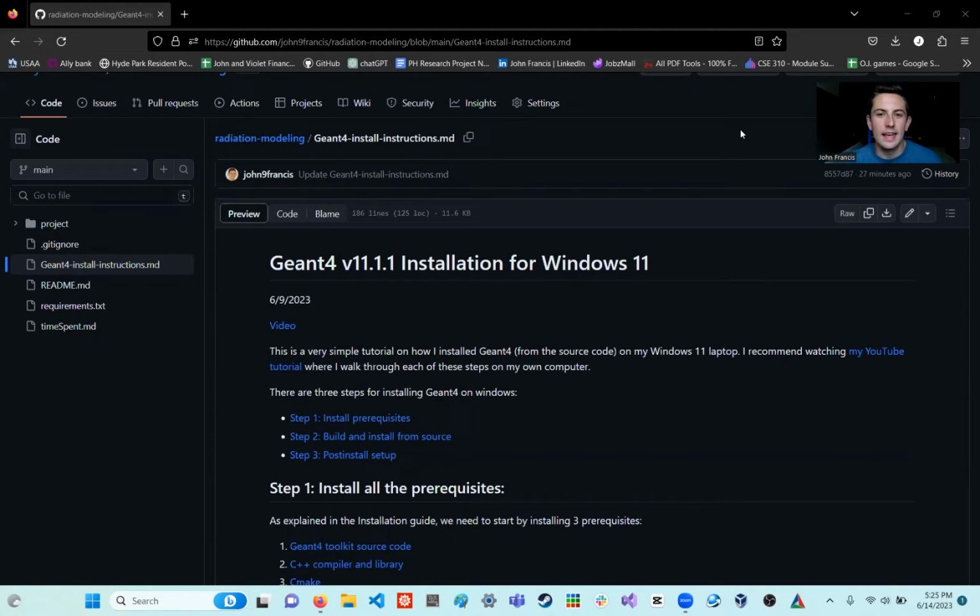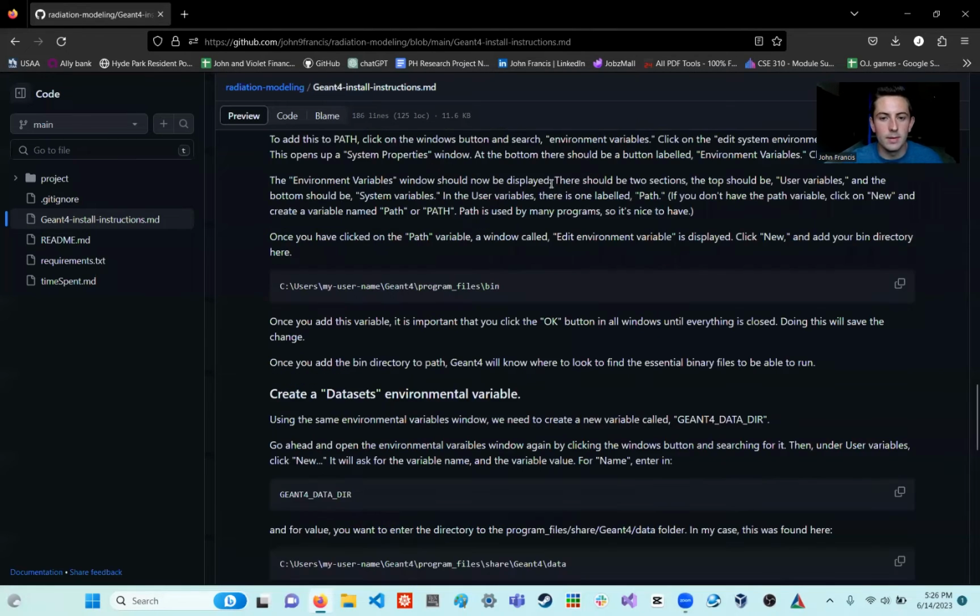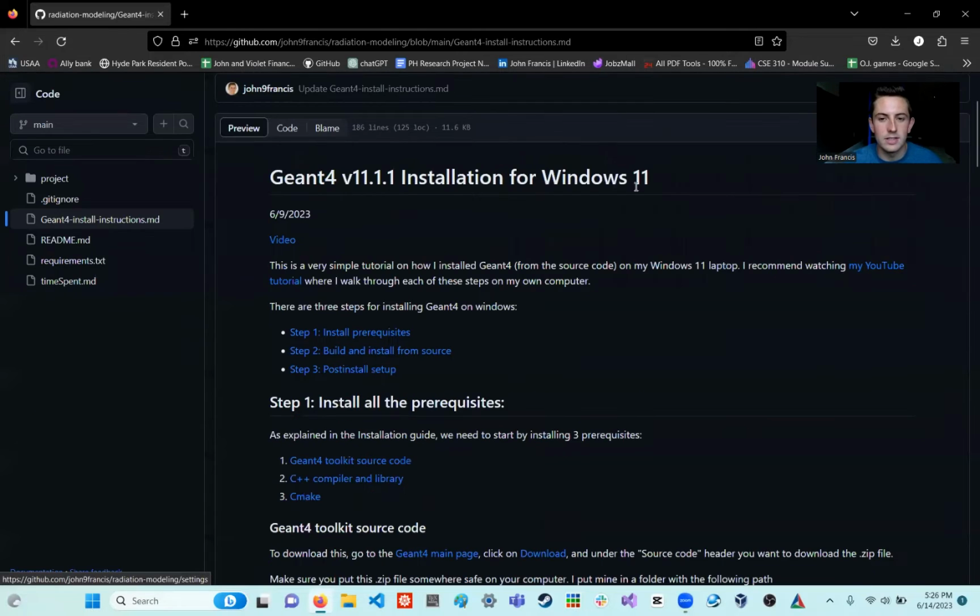My name is John, and today I'm going to be explaining how to install Geant4 on a Windows 11 PC. If y'all don't know, Geant4 is a very powerful modeling software, specifically for modeling particles as they go through matter. To install it, I'm going to be going off of these instructions that I wrote on my GitHub